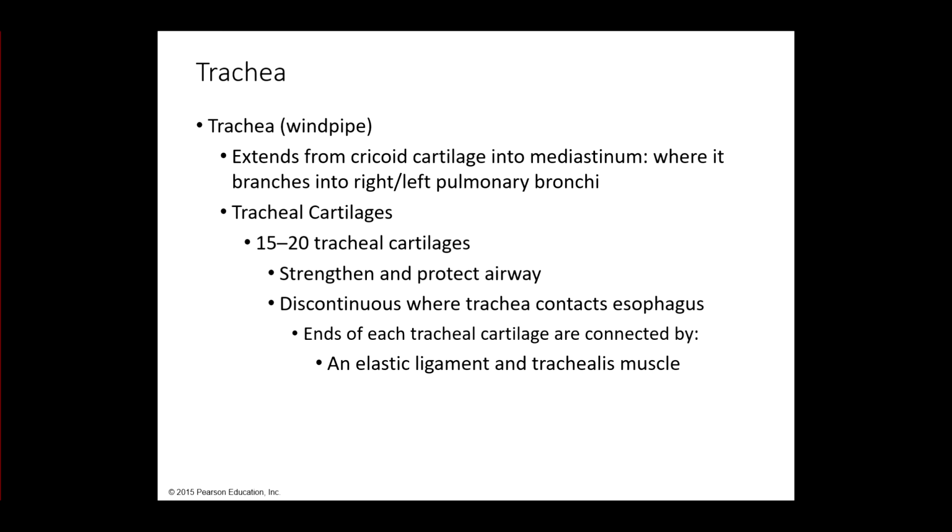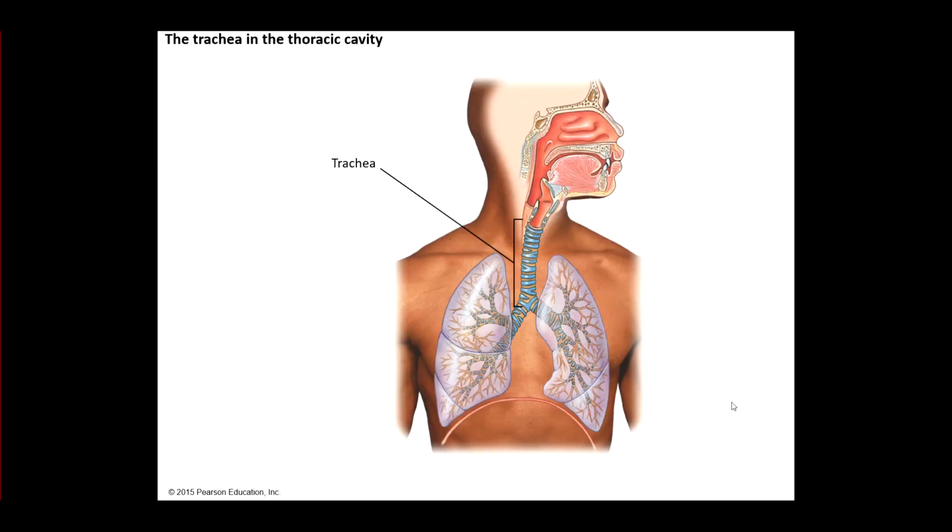Now, this begins at a cartilage in the lower part of the larynx known as the cricoid cartilage, and then it projects down into the mediastinum. Once it ends in the mediastinum, it's going to split into two tubes that we call the right and left primary bronchi. So if you recognize here, this would be the larynx. At this lower cartilage right there is the cricoid cartilage. The trachea extends down from there and it goes into the mediastinum,